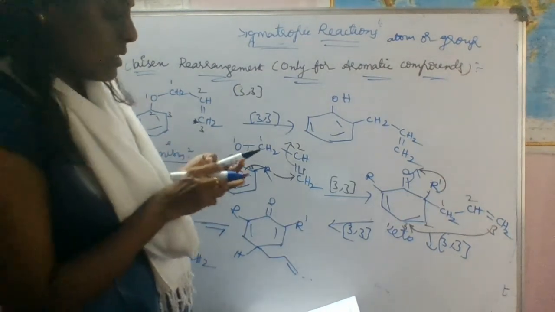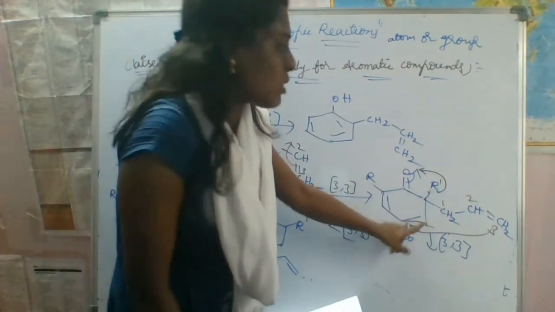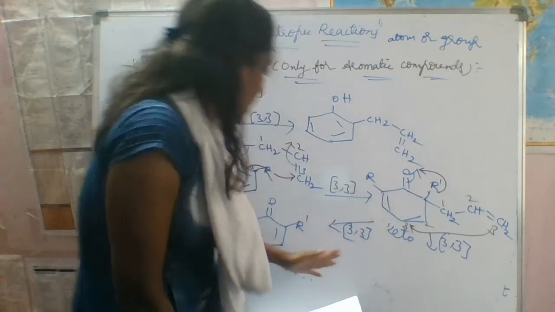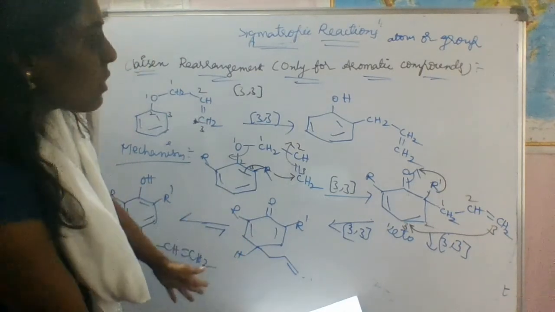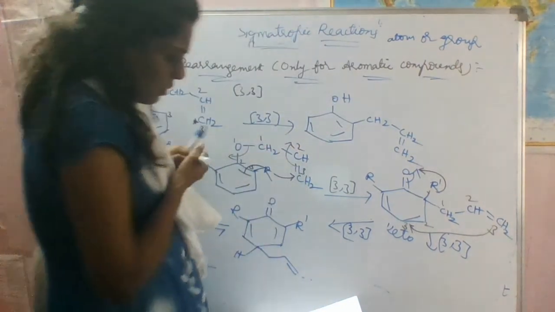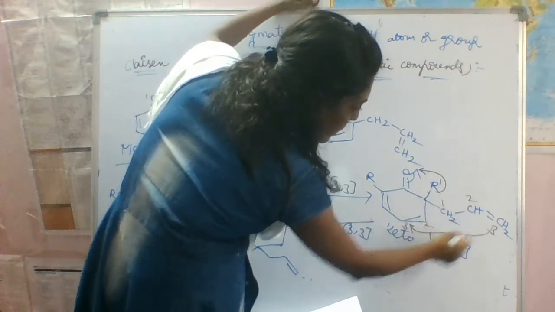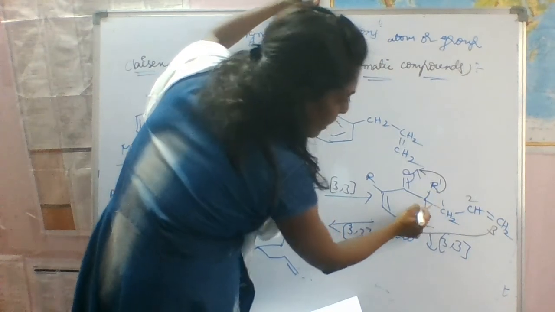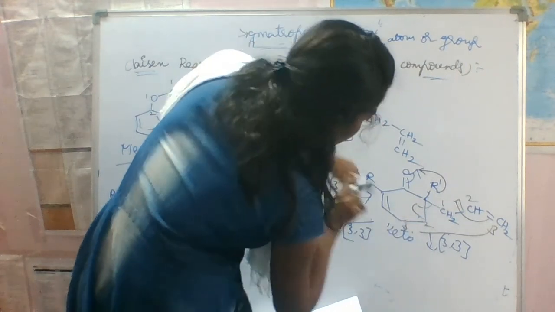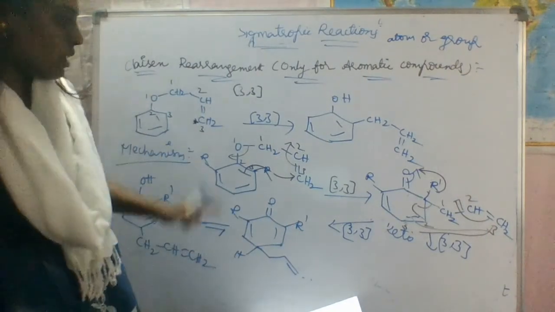Okay, so like this, if it is not having any hydrogen, again one more 3,3 sigmatropic rearrangement is taking place, and it will give this one. Okay, next means here we have to shift the bond pairs, right? So if it is shifted, we have to shift this one. So what will happen here? This will attack here now. So we have to shift the bond pair, and this will be shifted here. And what will happen here? This double bond will attack this one and form this one.